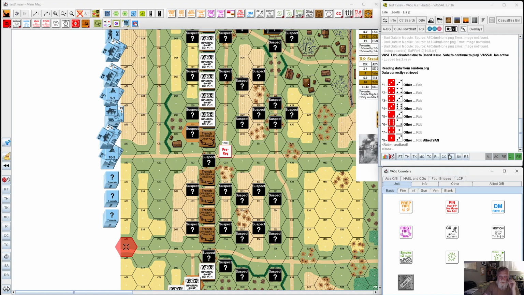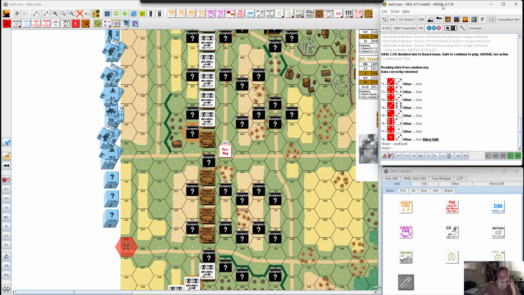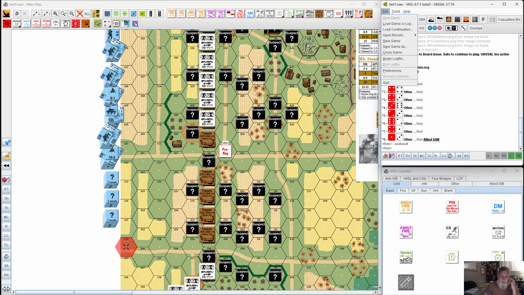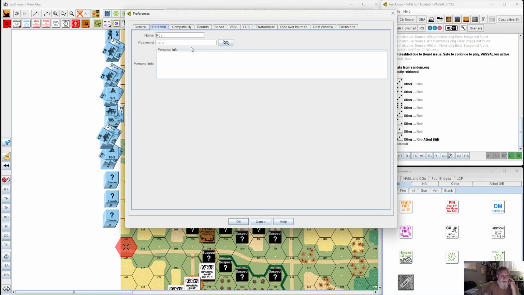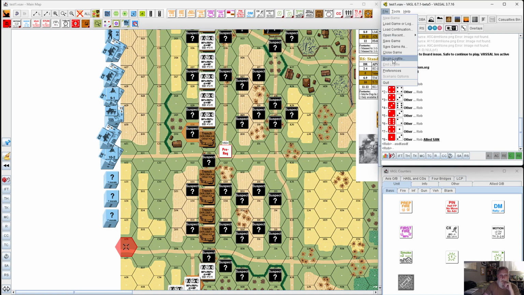One of the first things we're going to do, though, before we get into that, is check out preferences. So when you open up your preferences, the first thing is your password. Now, most people use passwords in there, you should, but the problem is with VASL and concealment counters. Like right now, we've got 3 stacks here that are concealed, and I have a password on. Just QWERTY, just for nice and simple, right? So if I go start my log file,